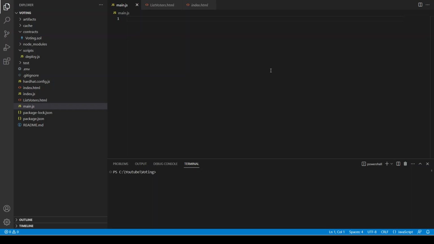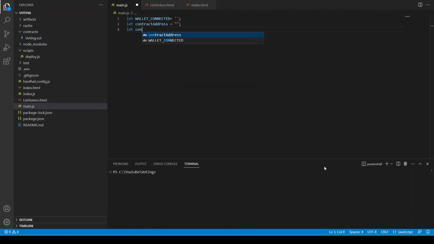Okay, so we have created our front-end HTML and CSS file. So now we are going to add the JavaScript functionality to our front end. Like in the previous video, we can initiate our wallet connected. This variable will allow us to see if our MetaMask is connected or not, and then we can define contract address